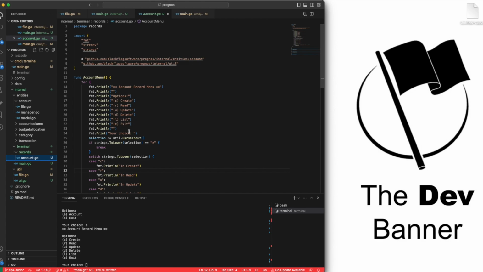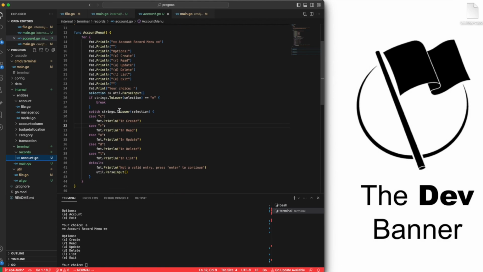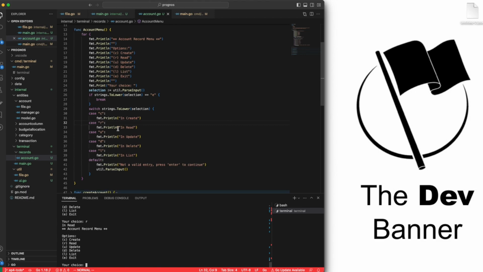So account looks about the same, printing all this stuff out. I'm going to grab my selection. I'm in the for loop. And if I do C, it says in create. If I do R, it says I'm in read. And it just prints it, and it loops back and prints all that stuff again. And if I do A, not a valid choice. So I'm in the list. Okay, so pretty